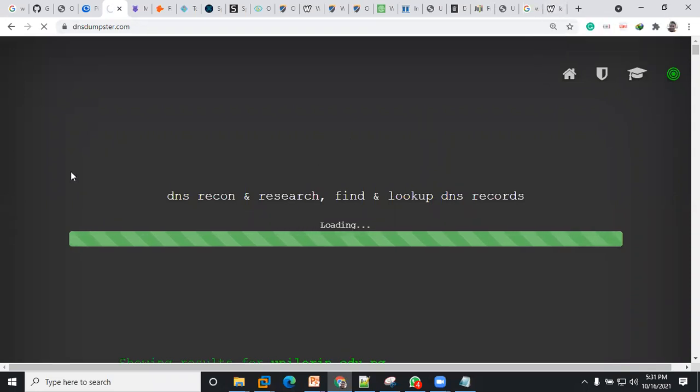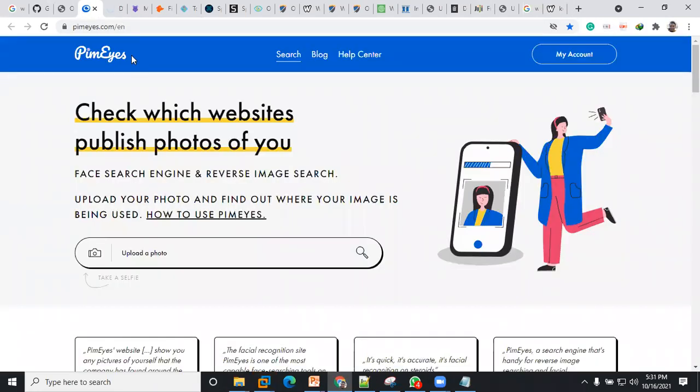Okay, so along with information gathering, as this is going on, what else can we gather about an asset? I came across an open source intelligence platform called PimEyes. This helps you search for your victim.